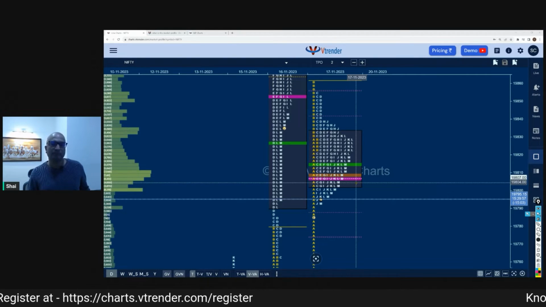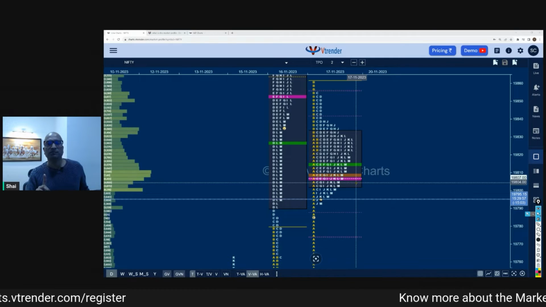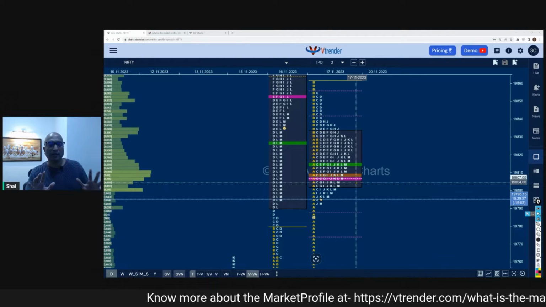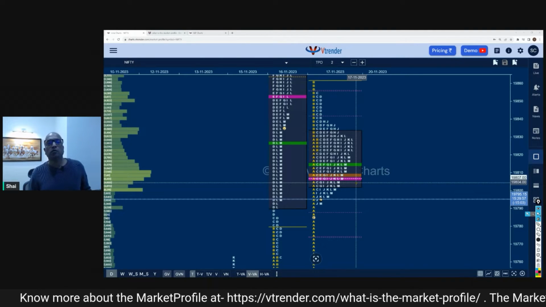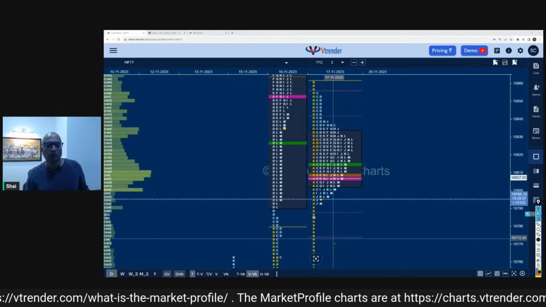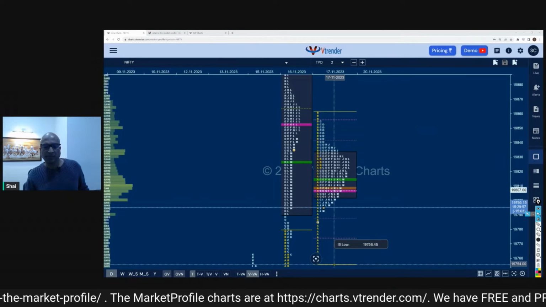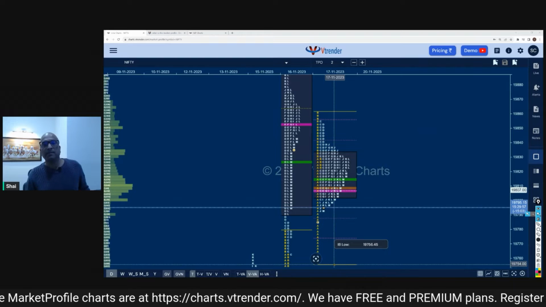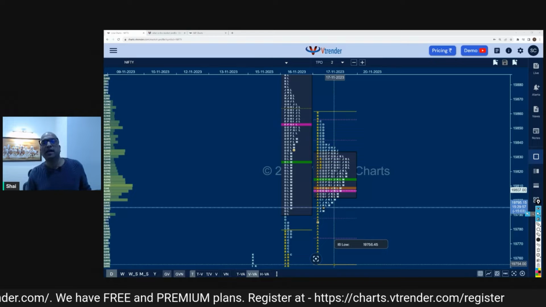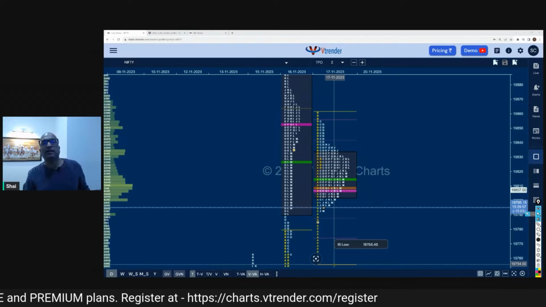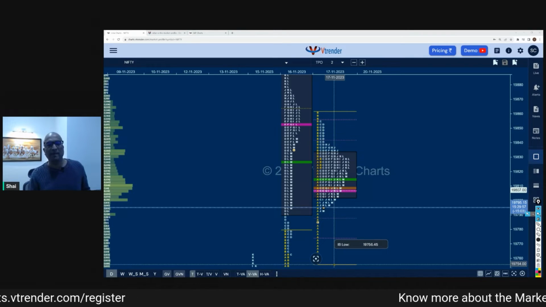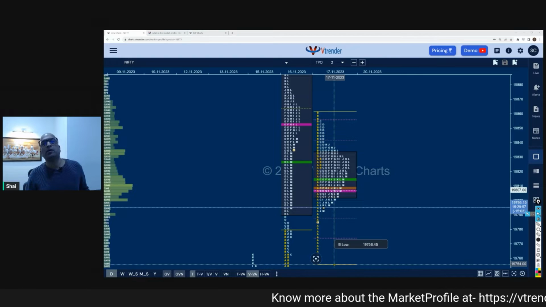The market profile is one standard deviation of the time or the volume spent during the day, volume created during the day. So in a full day, if the high today was 19,862 and the low was 19,756, the region where the market traded one standard deviation, or 68.6% of the time, is called the value area. Now hold on to this thought for some time, because we are going to be exploring this concept in a lot more detail.